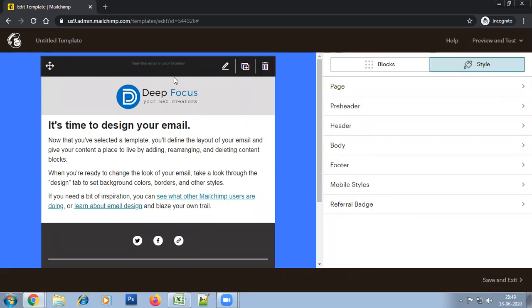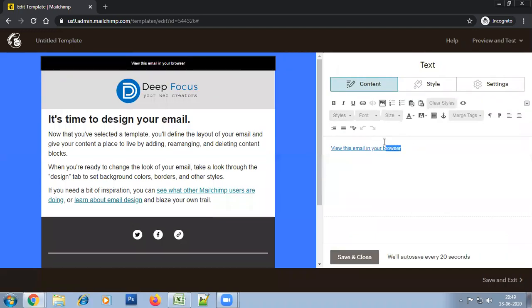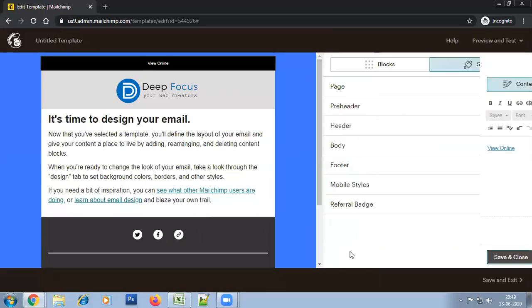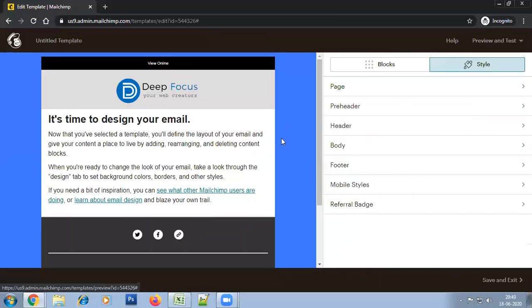I can hover my mouse and I see the pencil icon. I can edit this text. It says view this email in your browser. I can change it to view online. This is actually a default module of Mailchimp. It's automatically linked to the web version of your email. This is very useful because a lot of people, especially if you are sending a newsletter,